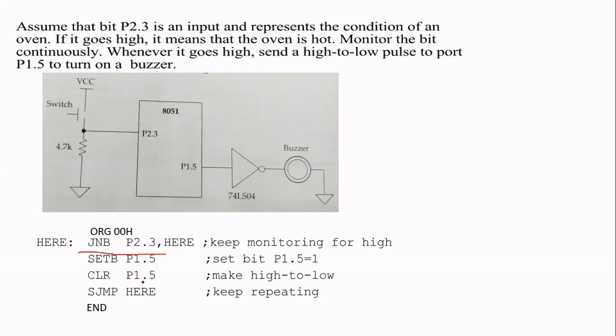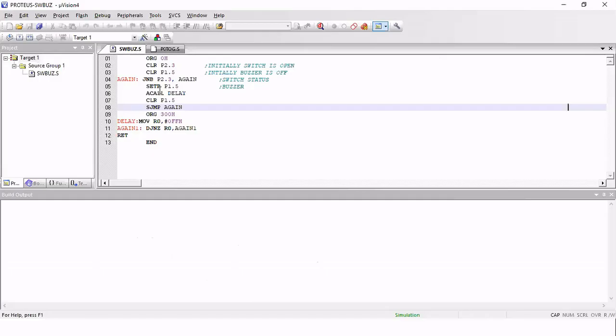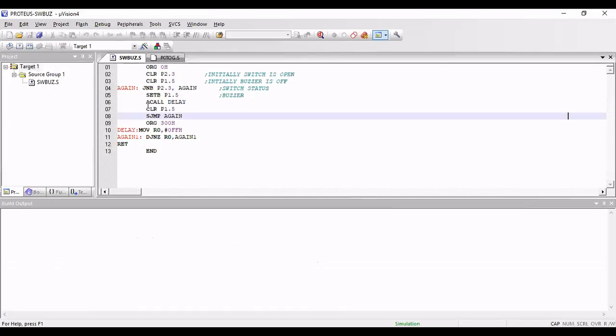Let us see this program, whatever we have learned till now, using the Keil software first. We'll be writing the program on Keil, and we'll see how it works. So I have already written the program here. The only change is that instead of sending a single pulse, I have used a delay.